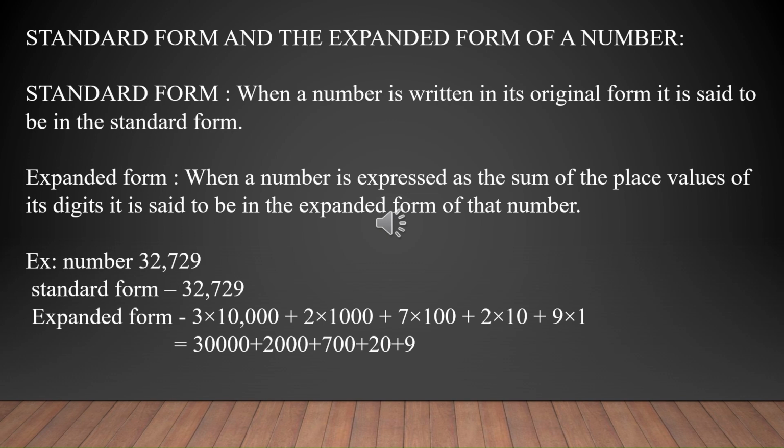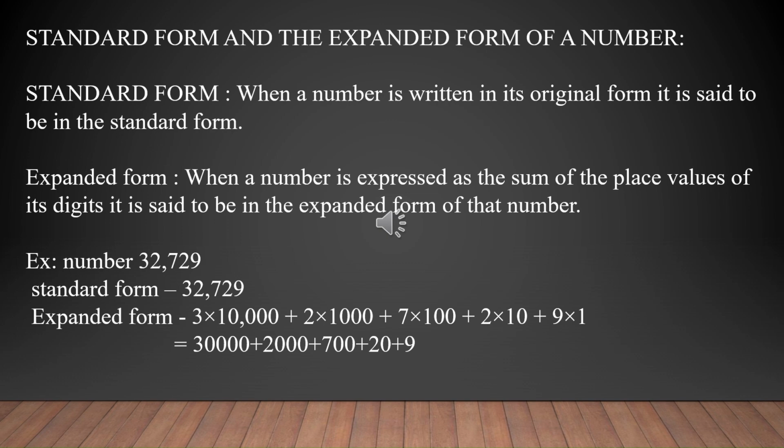So 3 into 10,000 plus 2 into 1000 since 2 is in thousands place plus 7 into 100 since 7 is in hundreds place plus 2 into 10 since 2 is in tens place plus 9 into 1. You will simplify this and write it as 3 into 10,000, that is 30,000, 2 into 1000, that is 2000, plus 7 into 100, it is 700, plus 2 into 10, it is 20, plus 9 into 1,